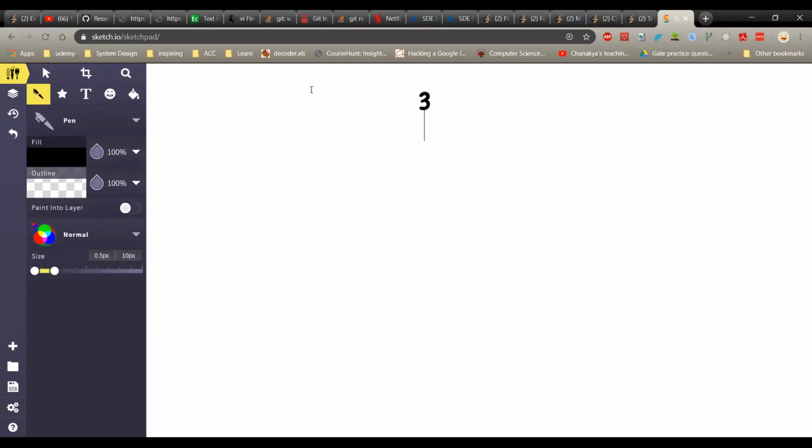Let's say 3 bits are there and we will represent it as 111. In the hash set, we will already have 3. This is the 3 representation.